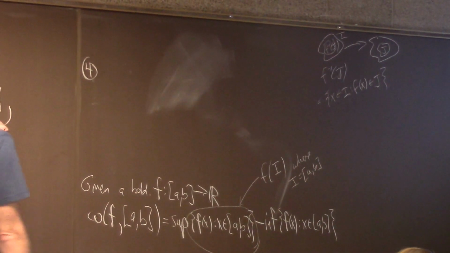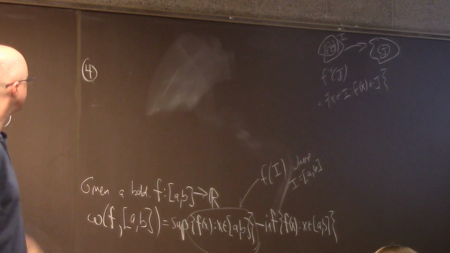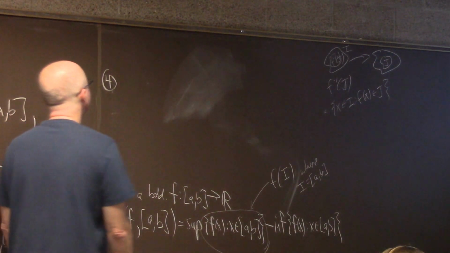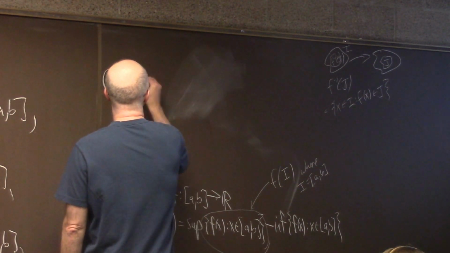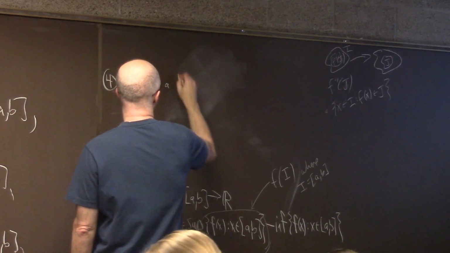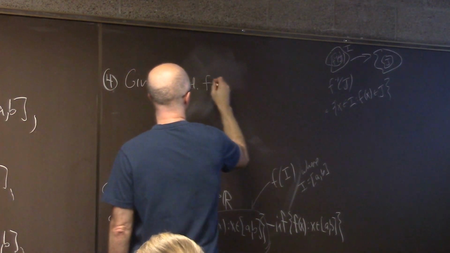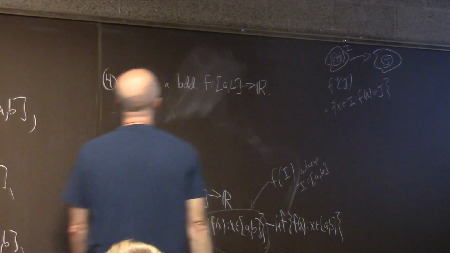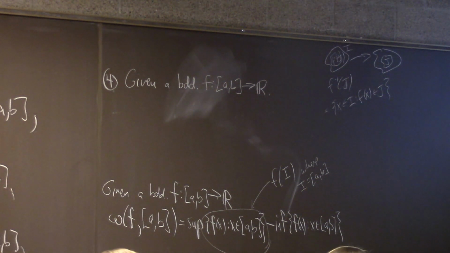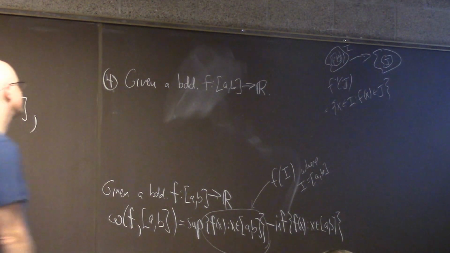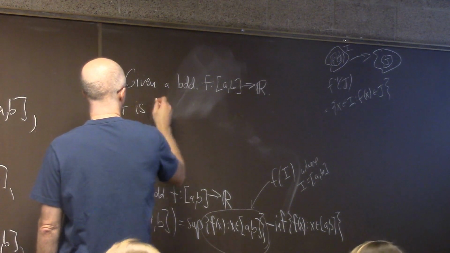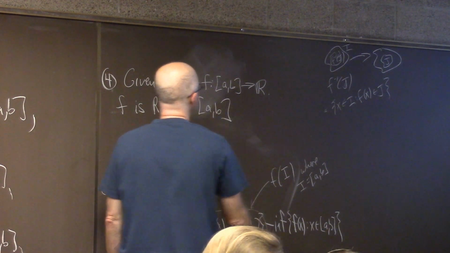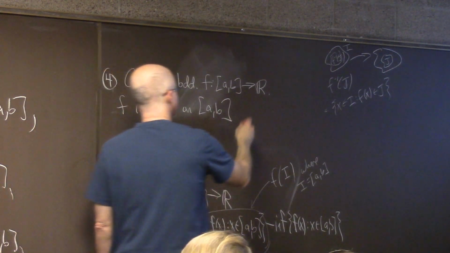Theorem 4 here in my list is related to this. It gives an equivalent condition for Riemann integrability on the closed interval. In the setup, you're given a bounded function on the closed interval. That's sort of the background assumption here. It's an if and only if. F is Riemann integrable on the closed interval if and only if